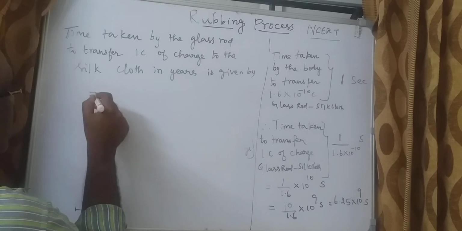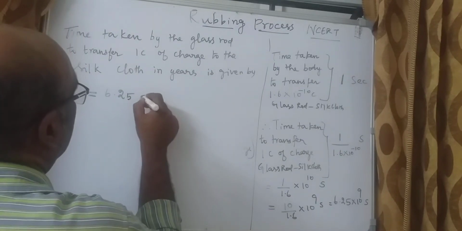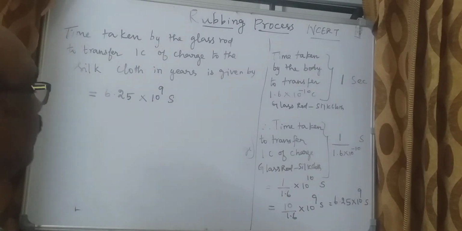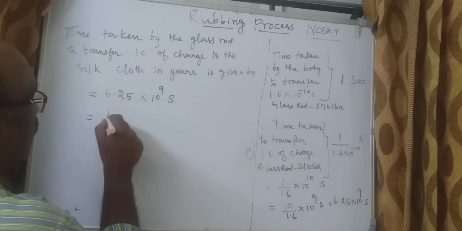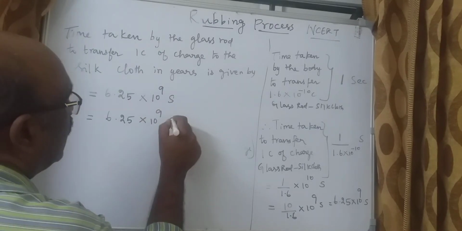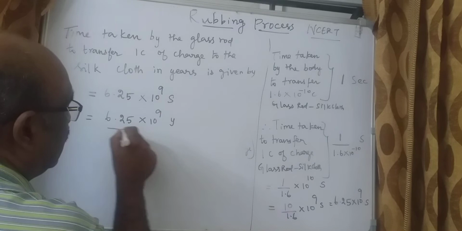We know that it is 6.25 into 10 to the power of 9 seconds. So very simple, this we want to convert to years, where 6.25 into 10 to the power of 9, if we convert the seconds to years, then this becomes